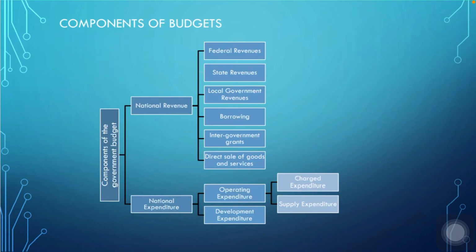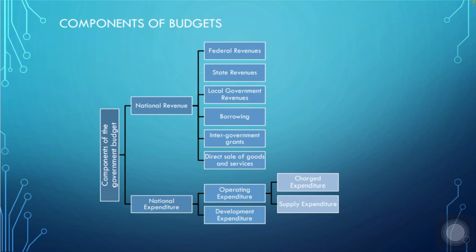Moving on, kita nak tengok component of budget. So dalam budget ni sangat besar. So untuk component of budget ni kita just go through one by one je lah. Dia very simple. So component of the government budget bahagi kepada dua, iaitu national revenue and also national expenditure. So perkataan revenue expenditure daripada chapter 1 you dengar betul tak? Sebab itu adalah main keywords untuk subjek ni.